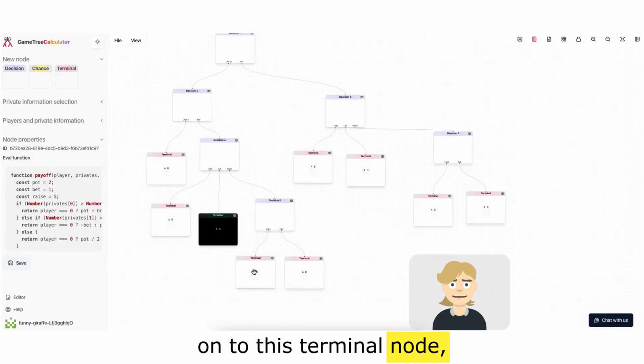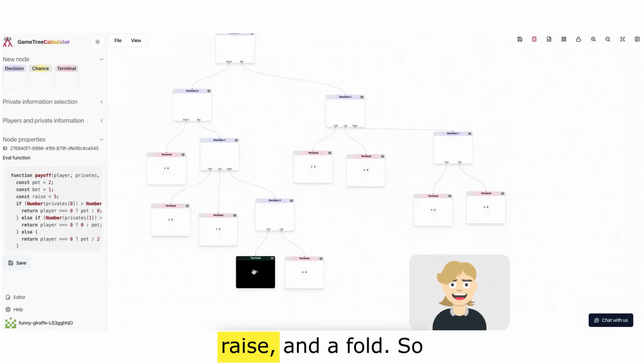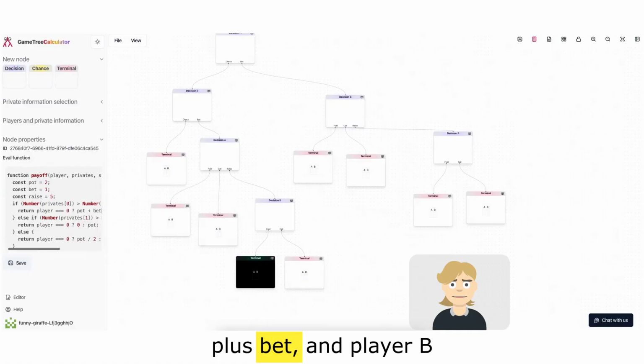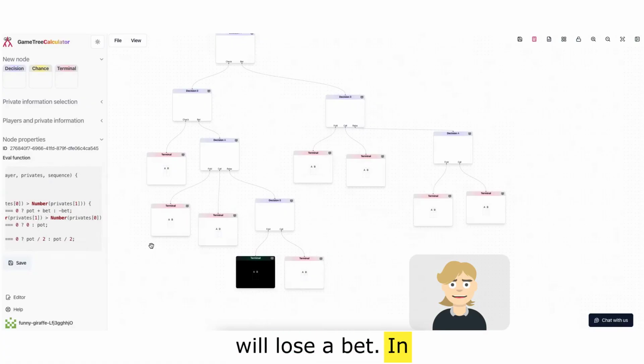Moving on to this terminal node, there was a bet, a raise, and a fold. Though in this case, player A is going to win pot plus bet. And player B will lose a bet. In all three cases,